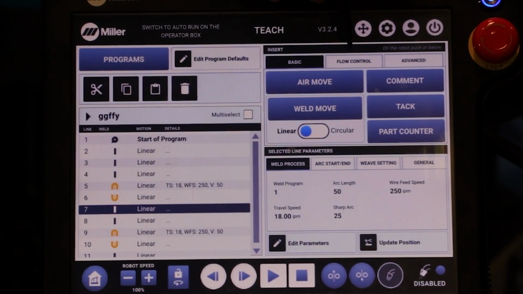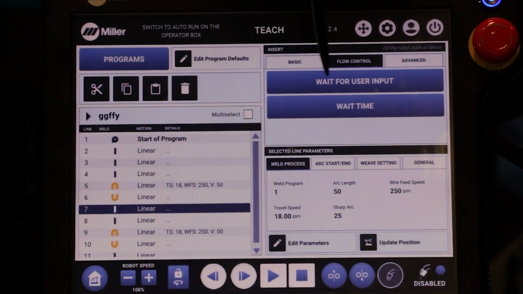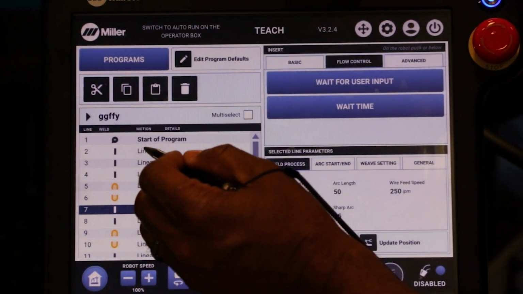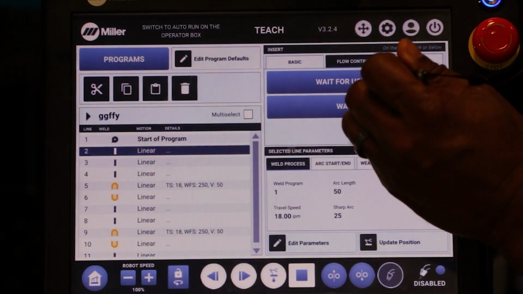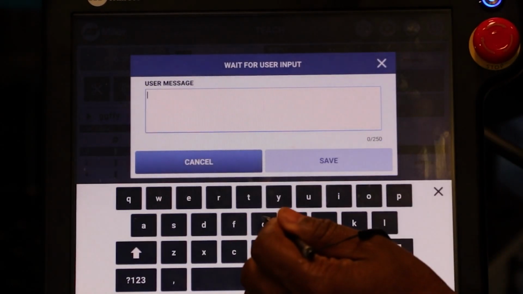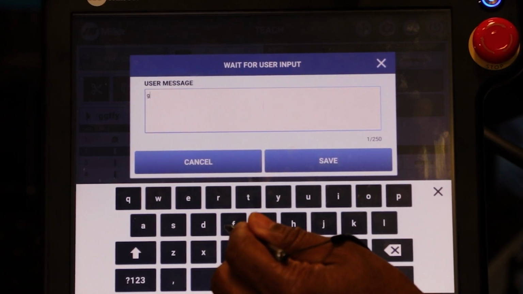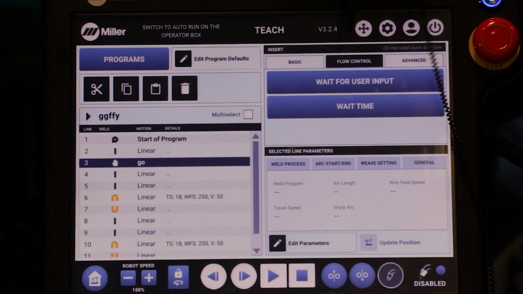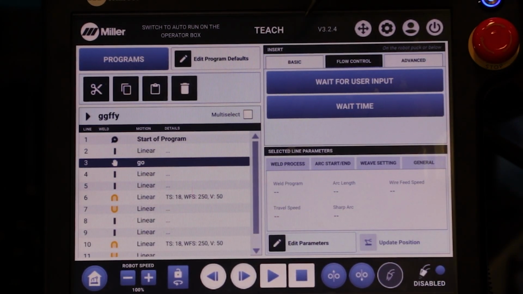So we're going to go over to flow control, and we're going to look at the wait for user input and wait for time. The difference between the two: the wait for user input is an interlock command, which means that the cobot is going to get to that